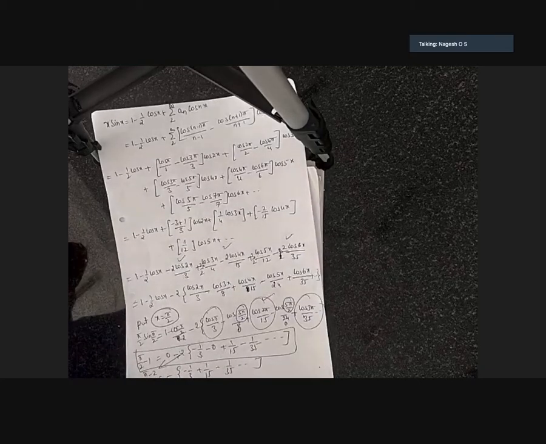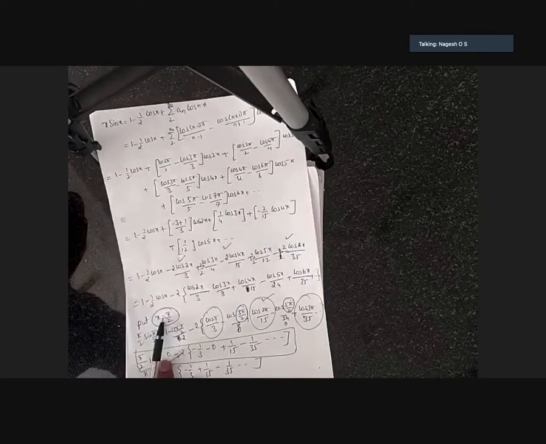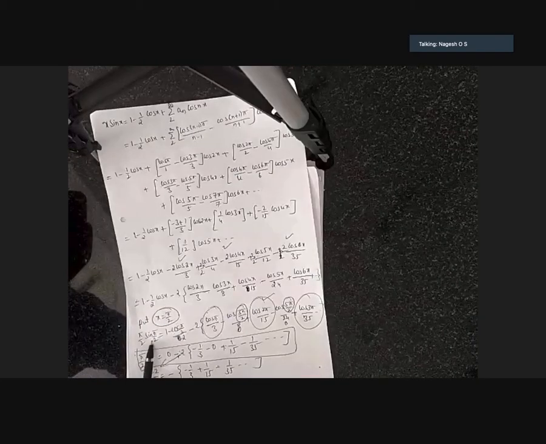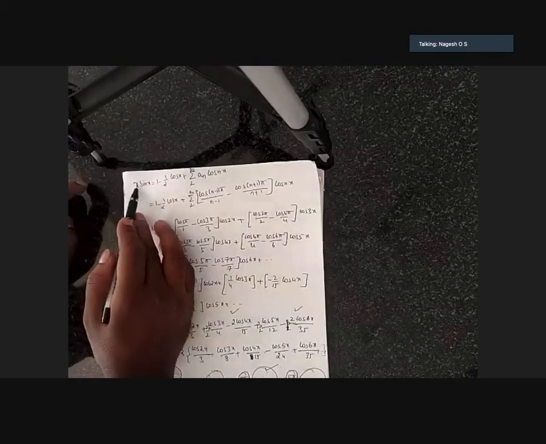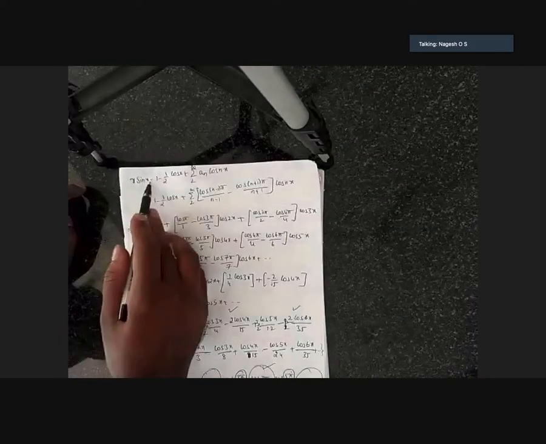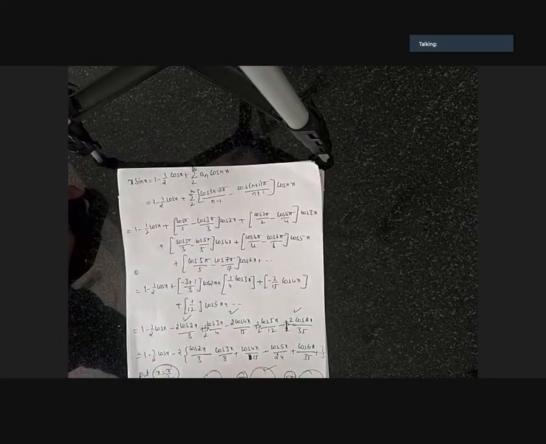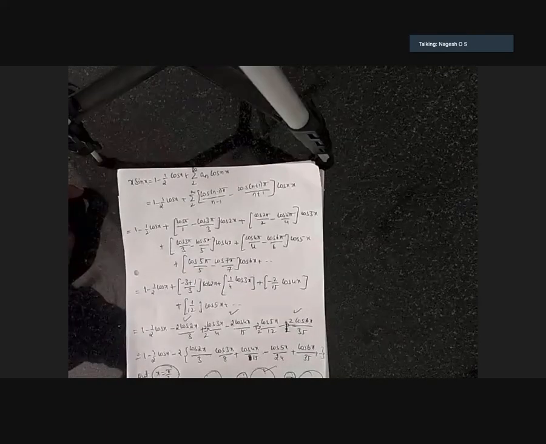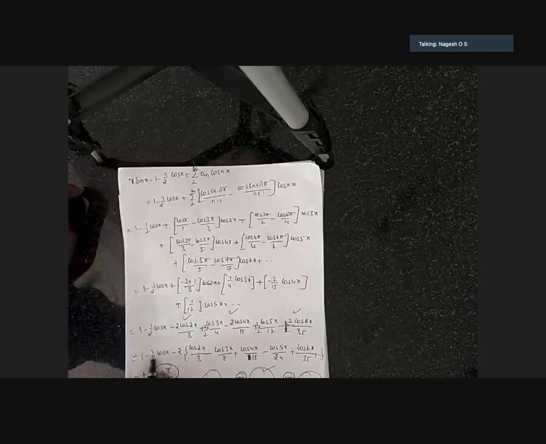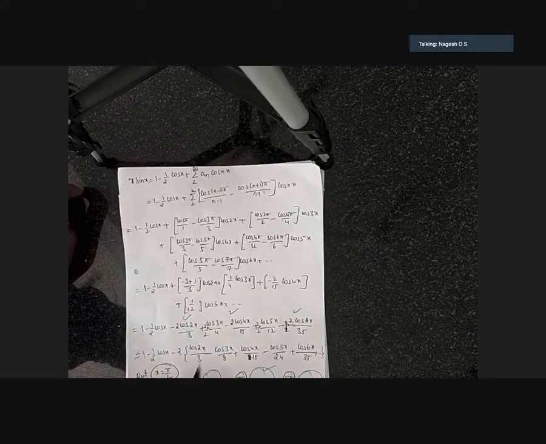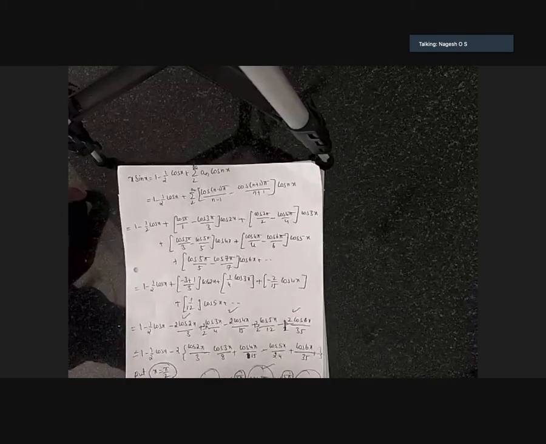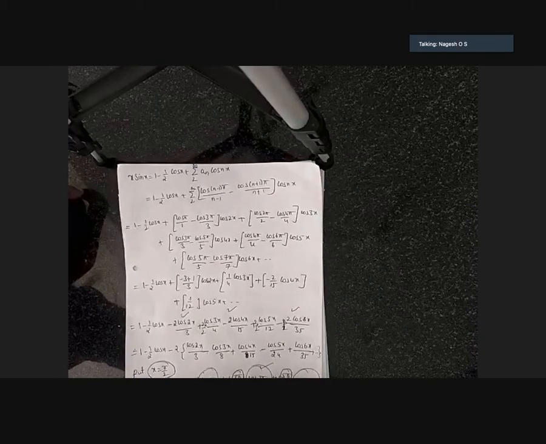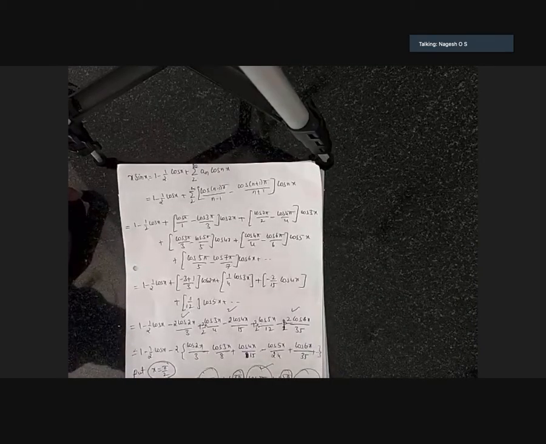Just before that. Okay, put x equal to pi by 2. Wherever x is there, put pi by 2. What is x here? It will become pi by 2. Here also pi by 2. Next, here minus of cos in place of x pi by 2. Here 2 into pi by 2, that is pi. Here 3 into pi by 2 is 3 pi by 2. Here 4 into pi by 2 is 2 pi. Here 5 into pi by 2 is 5 pi by 2. Here 6 into pi by 2 is 3 pi.